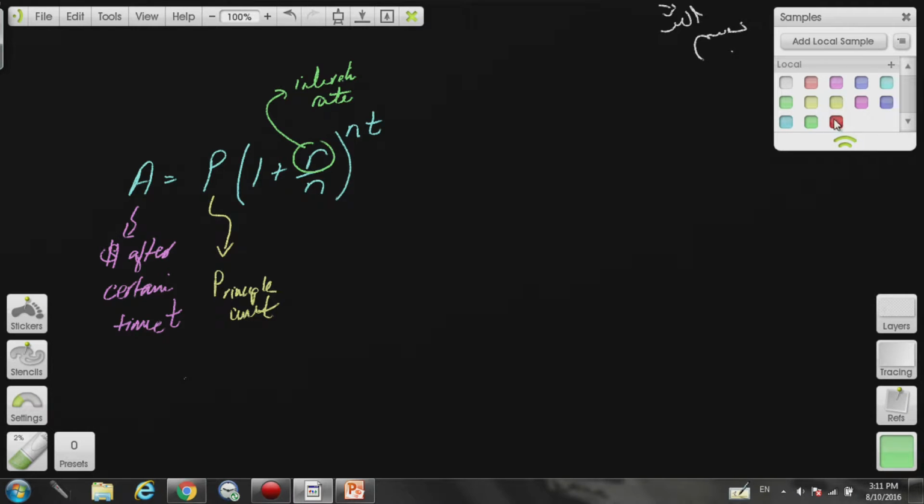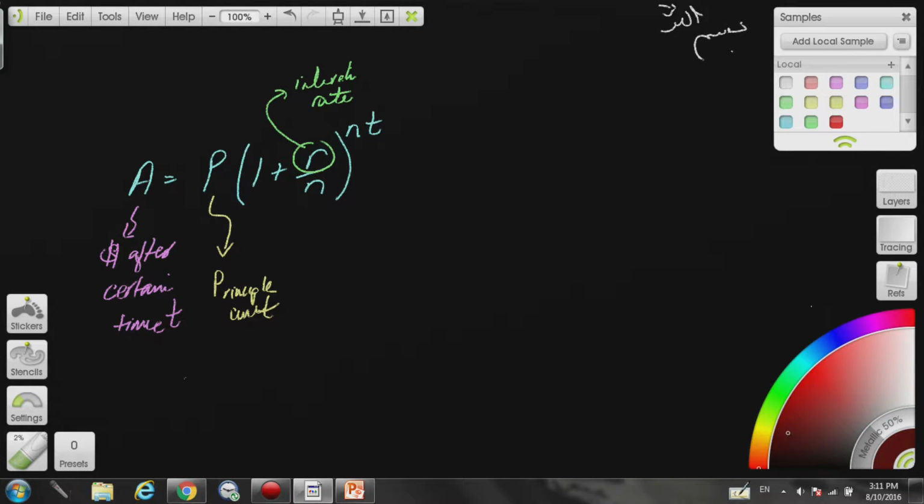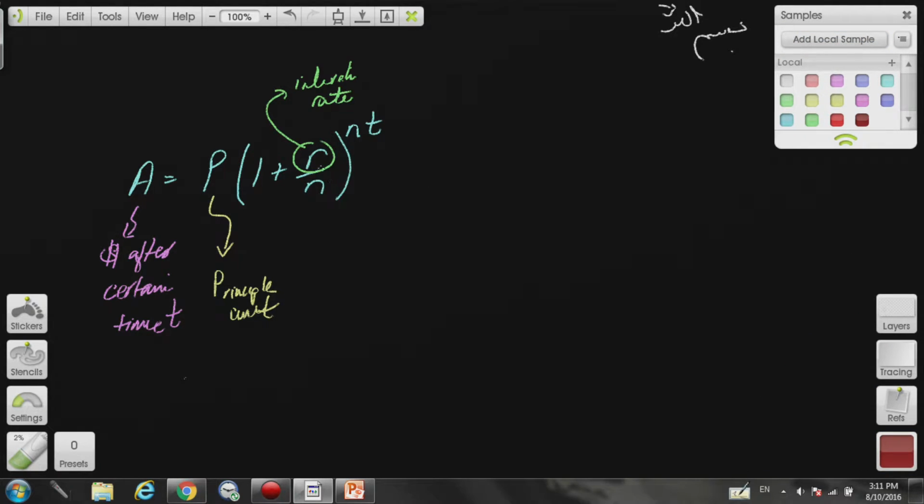And N, as I had suggested before, was the number of times the interest is calculated. How often interest is calculated. Now, and I suggested to get a reminder that this is the only term that's found twice in this equation, and T, of course, is the time. So this was a very specific example in regards to compound interest